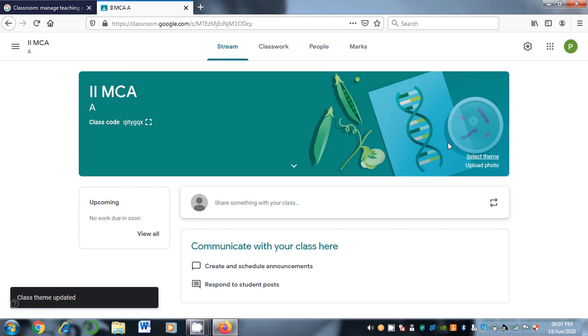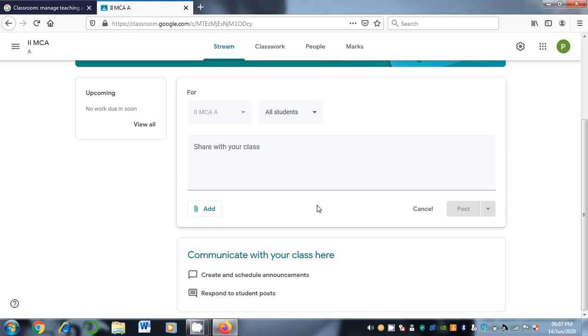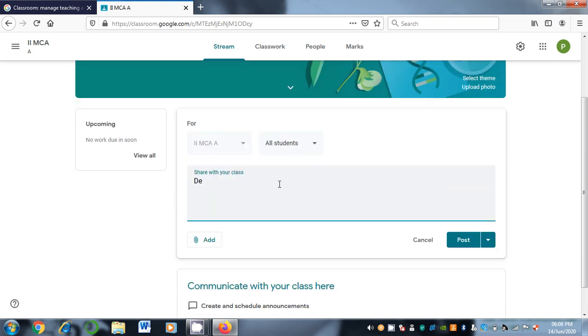It will automatically change. Here we have four tabs: stream, classwork, people, as well as marks. In the stream you can see two options. One is create and schedule announcements, another one is respond to your students. You can communicate with your class by sharing your views. Suppose you want to share something with your students, for example, dear students, stay home and stay safe.